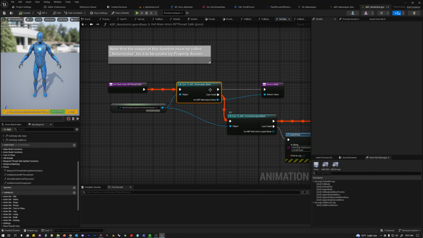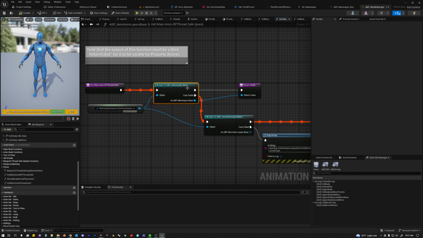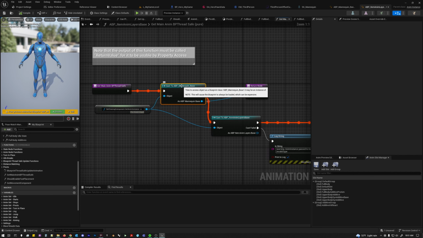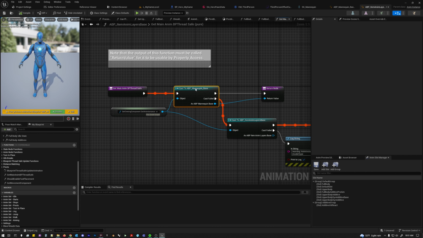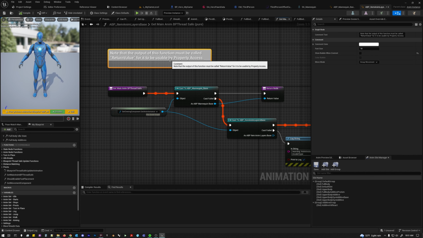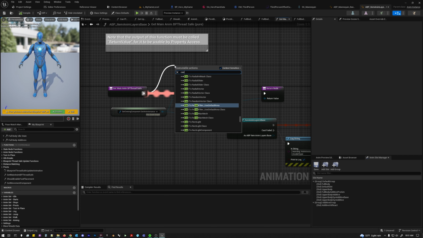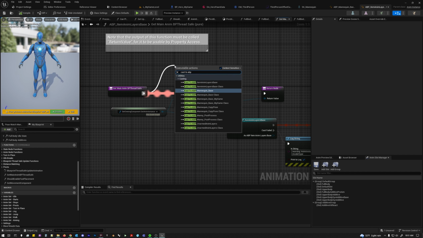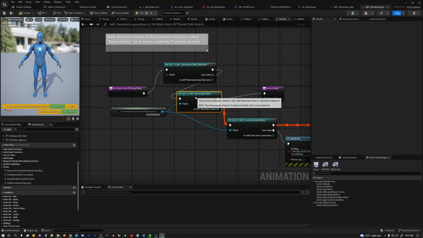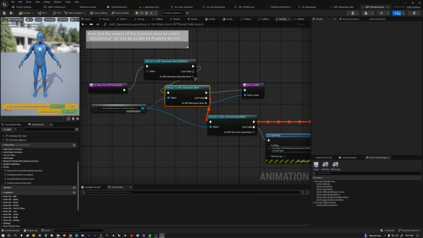So this is not going to our BP, it's going to the anim BP that we kind of unlinked from our character by duplicating it and setting it. So we just want to cast this to our own anim BP that we just duplicated. So if I do cast to ABP, and I just look for ABP my game, right? Then all I have to do is